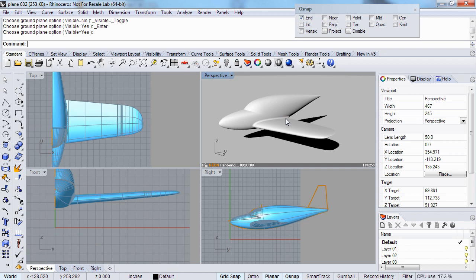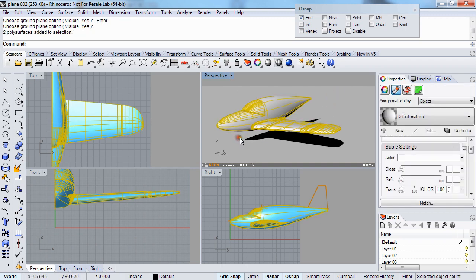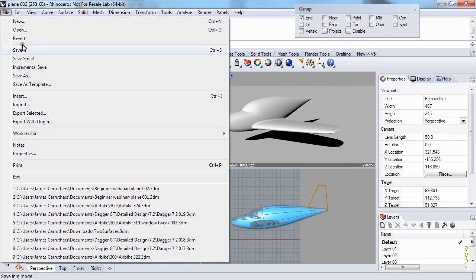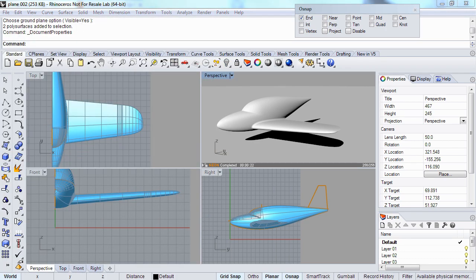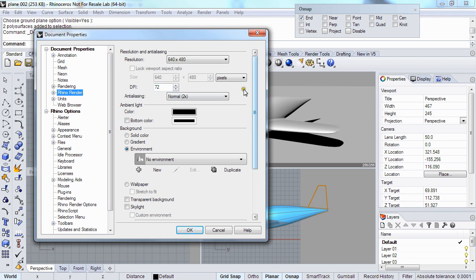and the paint on this is going to be of course pretty reflective, and so the most important thing about that is having something to reflect. So what I need to do is set my rendering environment with something to actually see in the environment. All of the properties for your basic Rhino renderer are under your document properties. They're under Rhino Render here, and you can set